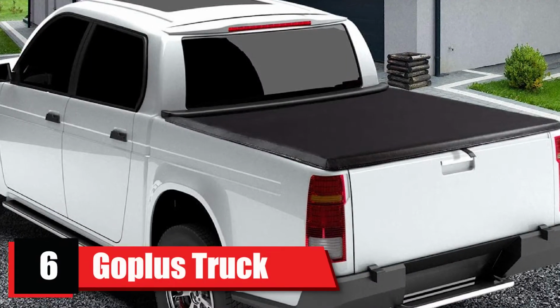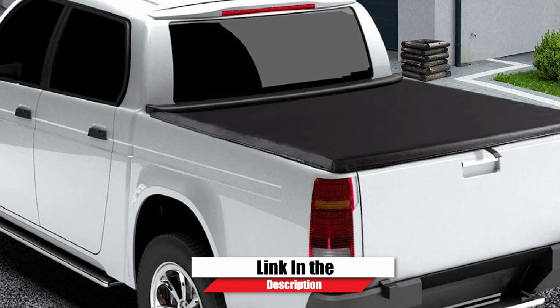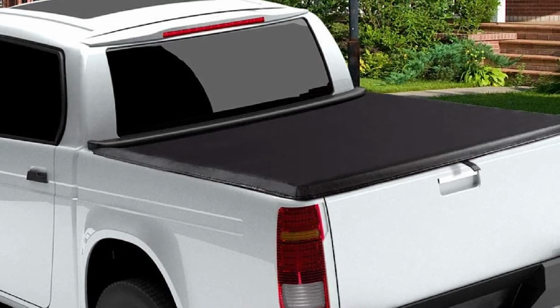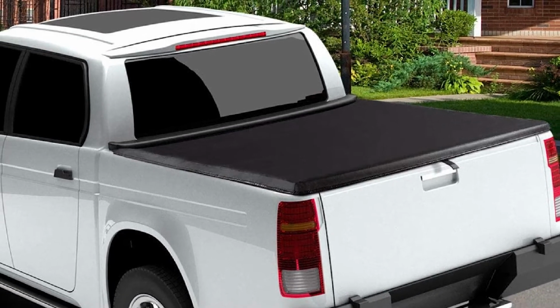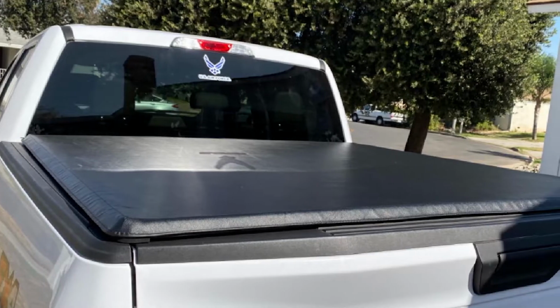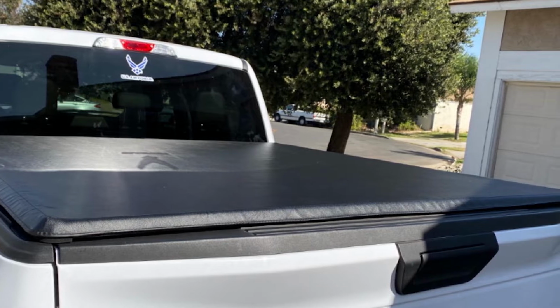The number 6 position is dominated by Goplus Truck Bed Cover. The design of this truck bed cover is stylish and practical. The tonneau cover can roll up easily. Plus, it is smooth and durable. This cover will not only protect your truck, but it will also protect the cargo inside it. It will protect it from rain and protect it from anyone wanting to steal your precious cargo when you are